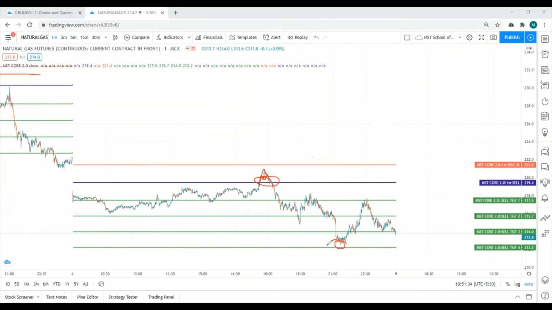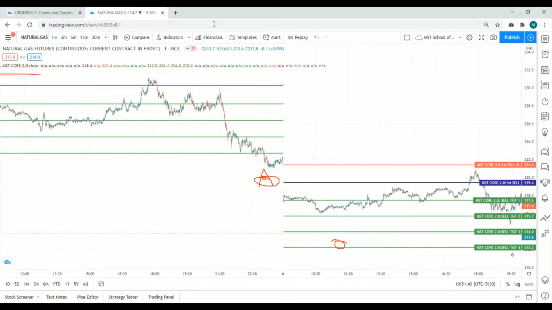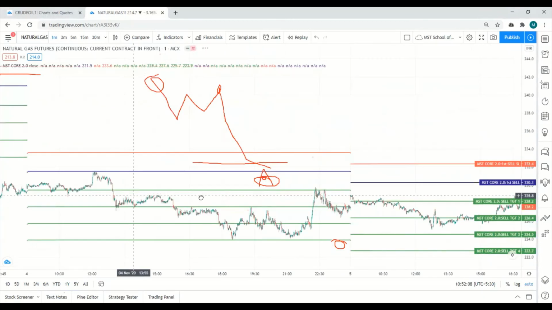You select any script of your choice and keep trading in it. And you can see the previous data, right? The previous data is available. See here. Yesterday, sell activated, first target done, second target not reached. Again, it went up, first target done, again went up to entry, then first target, second target, third target, fourth target. And second sell also activated, almost 5 targets achieved here. It's very simple. So not only for 2 days, you can see for many days.